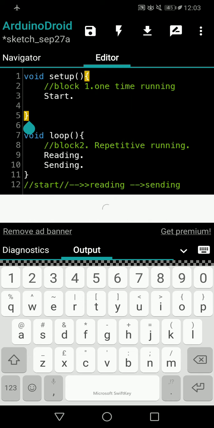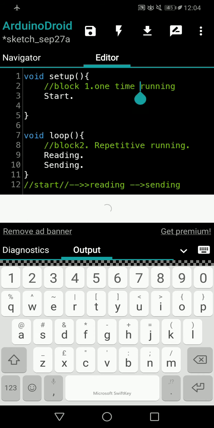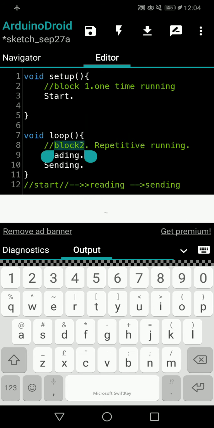Do I have to go again to this first line? No, because I am instructed that void setup has to run only one time. So once it starts, void setup is finished. Once the void setup finished, Arduino will come to void loop. I have to run that, he knows. So he enters inside the void loop, where my arrow is.